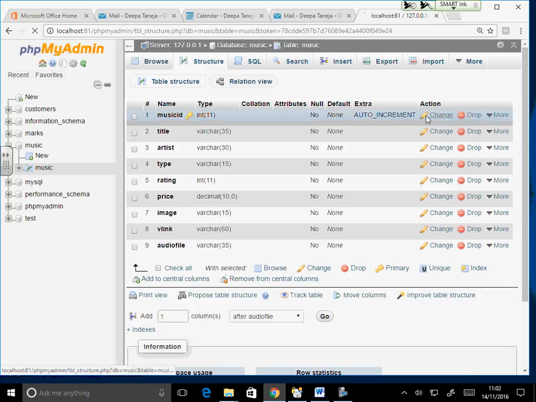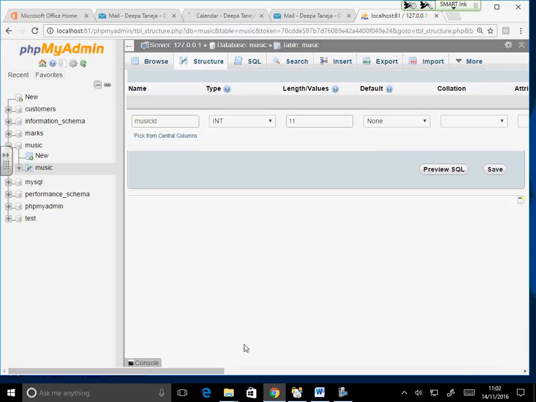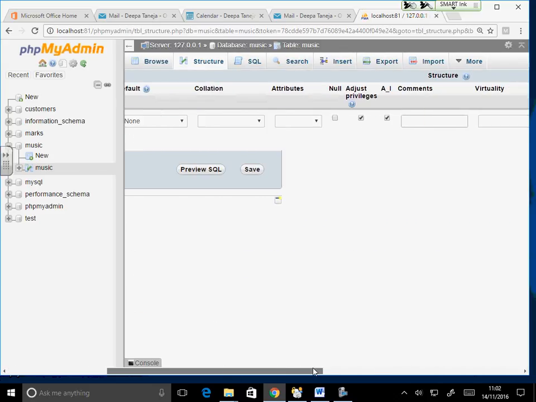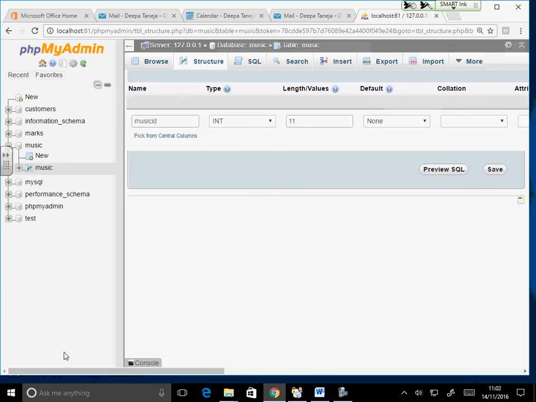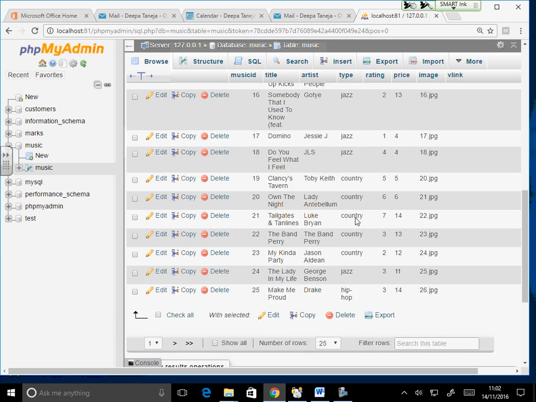If I go to change, that's auto increment. Right? So I have it as auto increment and I have it as primary key. So that's my table with all the data in.